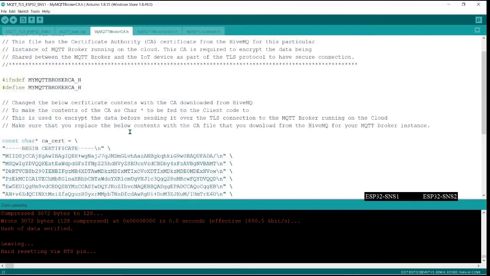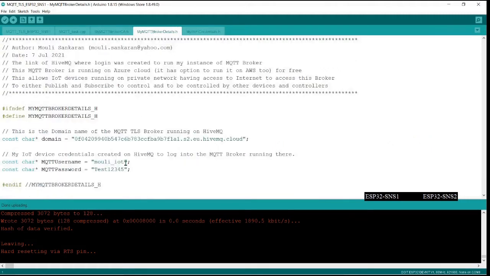So this is one important thing you should know what to do. Then I have given this password and the username which we gave in the command line also. That is also needed because when it is sending the packet, it will be embedded into the packet before going into the broker, because it is all going from the ESP32. Remember, it's not from the command line. So it has to create a similar command prompt or a packet which will have all this information before going into the broker. So this needs to be embedded.